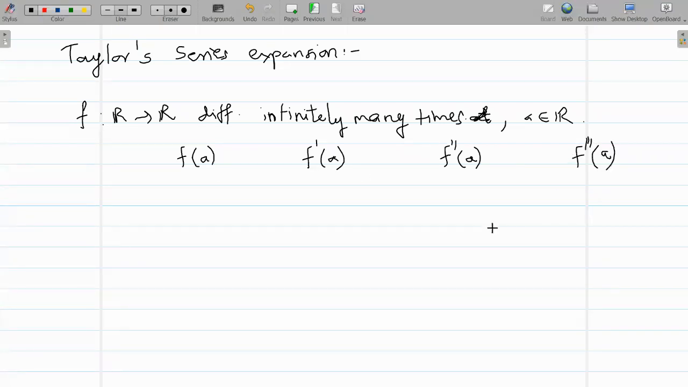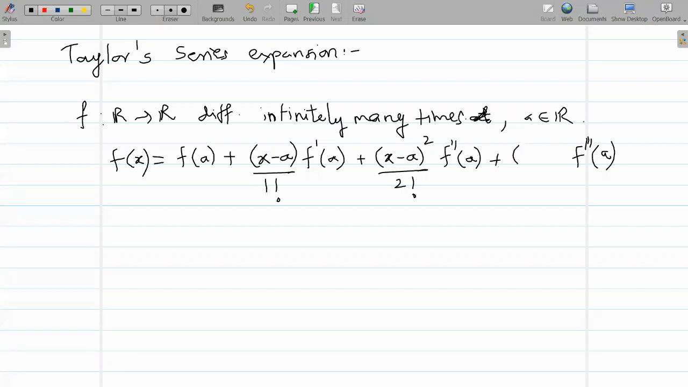सिर्फ इतनी वैल्यूज पता है मुझे, बाकी फंक्शन पता नहीं है, then I can retrieve the function f(x) in some neighborhood of a. That is, there exists some neighborhood of a such that f of x can be expressed as a combination of f(a), f dash a, f double dash a, f triple dash a, and so on. So the combination is precisely this: x minus a divided by 1 factorial, x minus a square by 2 factorial, f double dash a, and so on. Plus,